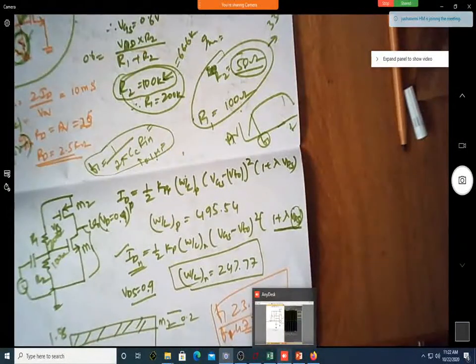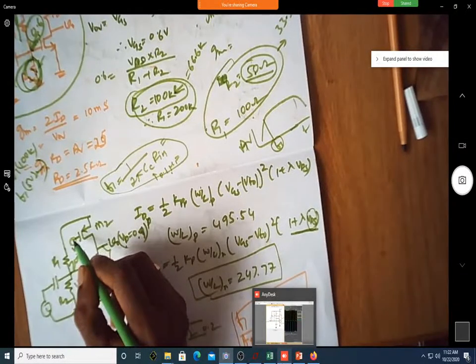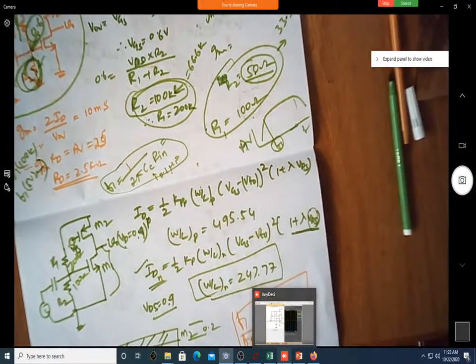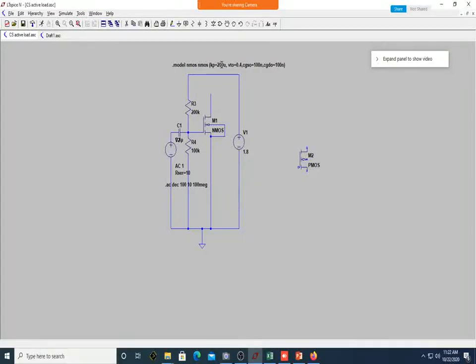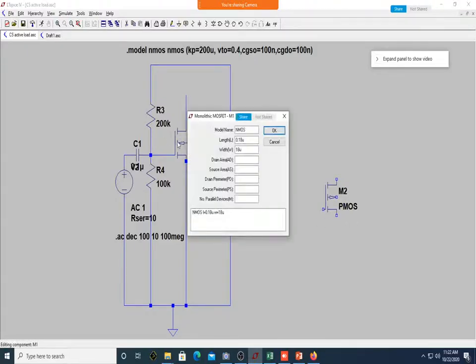For this also, you need to apply that DC voltage. You can see I have written VB. I have to apply the DC voltage here now. This is a circuit, just have a look at this circuit. Now, this is your NMOS transistor. What are the dimensions? The dimension should be 250. No, let us make it as, it is not well visible, I'll make it.